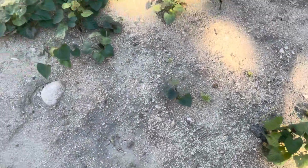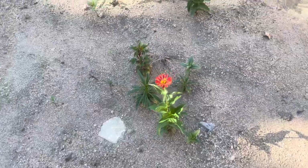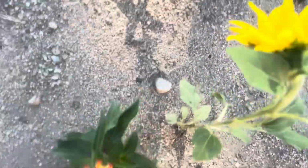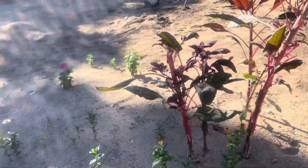Sweet potatoes are finally starting to pop out and really cover some ground and look healthier. I don't know that they'll have enough time for any of that, but we'll see. Oh, there's so many ants in there. Jerk saboteurs. They are bringing the aphids to munch on my...